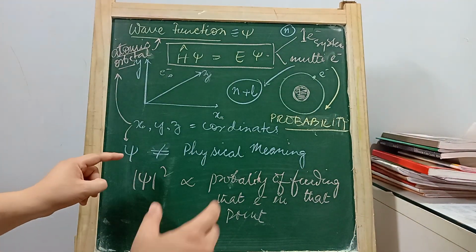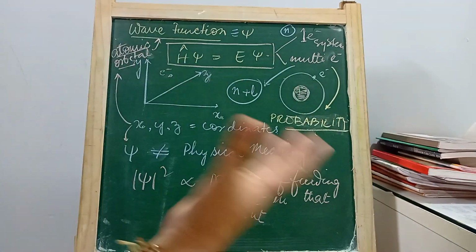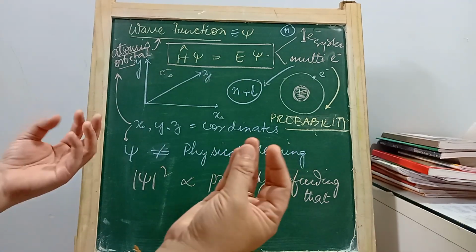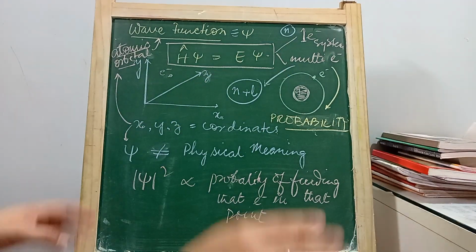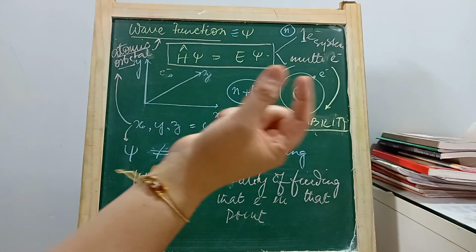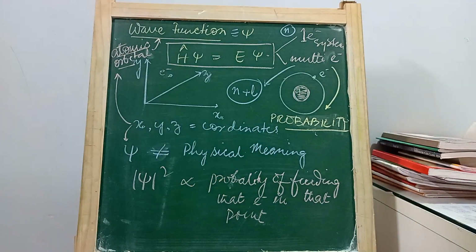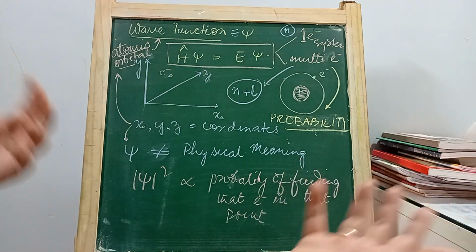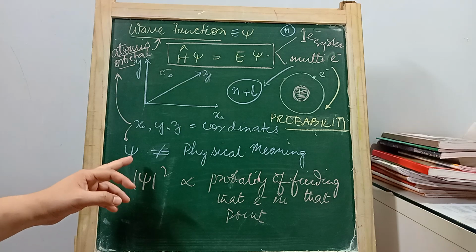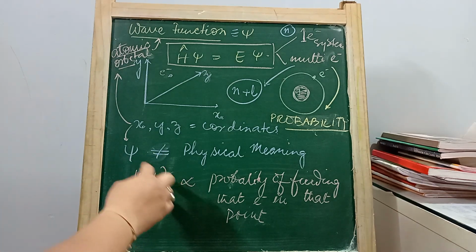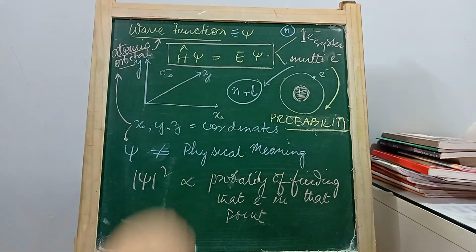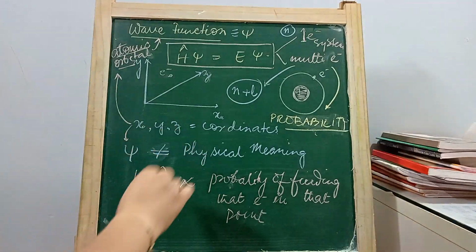But the wave function is a mathematical function, so it doesn't have a physical meaning. It's just a number that corresponds to the energy of that electron. By looking at the wave function of that electron, we won't be able to say anything about its physical meaning. But when we solve the equation and do the square of this,